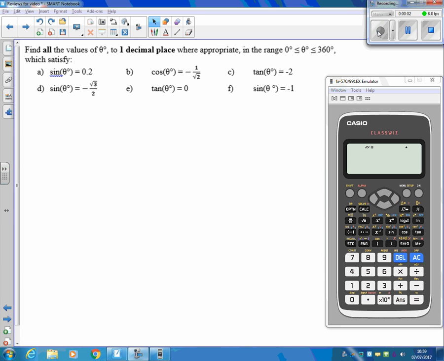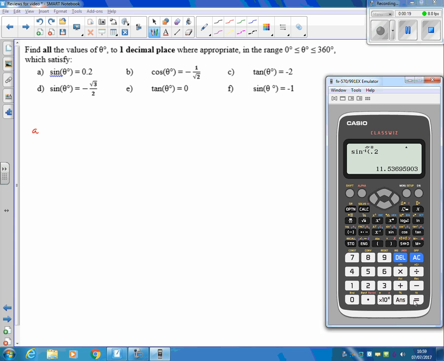The trig equations homework, question 1. You're going to be doing this for the next 2 years, lots of trig coming up. Your first answer, you just do an inverse sine of 0.2. For part A, theta is just going to be 11.5 degrees. But there's always a second answer in all of these, and the second answer on a sine is 180 take away the first one. 180 take away the answer gives